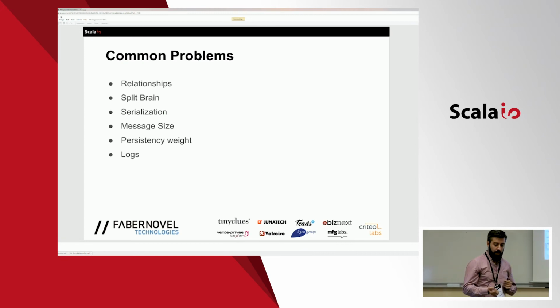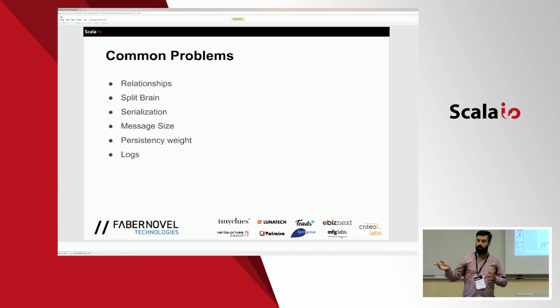At the same time, the split brain, the serialization. That's the split brain issue, which is that if we have a cluster, imagine 3 nodes, as we have been talking about, and there is a network issue, and one of the nodes is not seeing the other 2. But it is working. So since we have set in our configuration the minimum number of nodes we want, imagine we want to keep the cluster alive with just 1 node, or imagine we have a cluster of 5, we can have 3 or 2. At the end, we can have 2 different applications